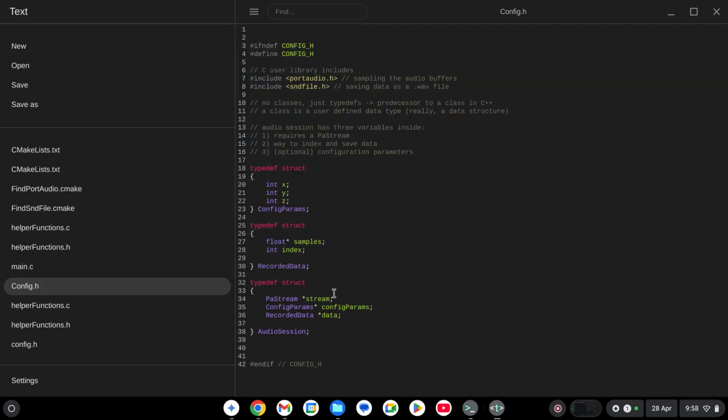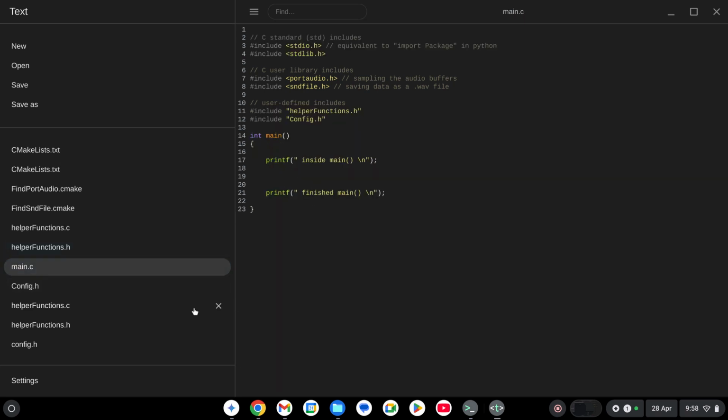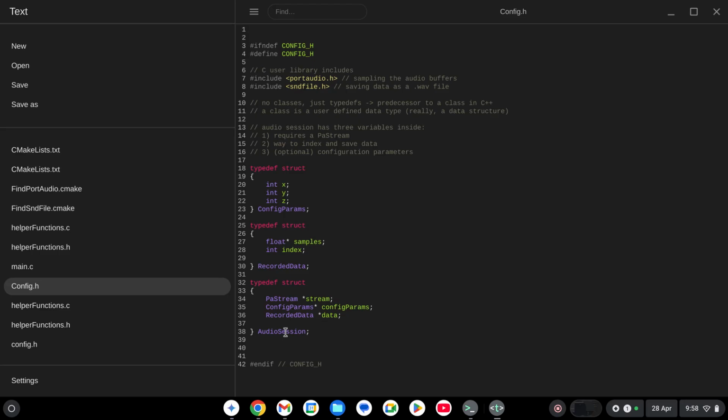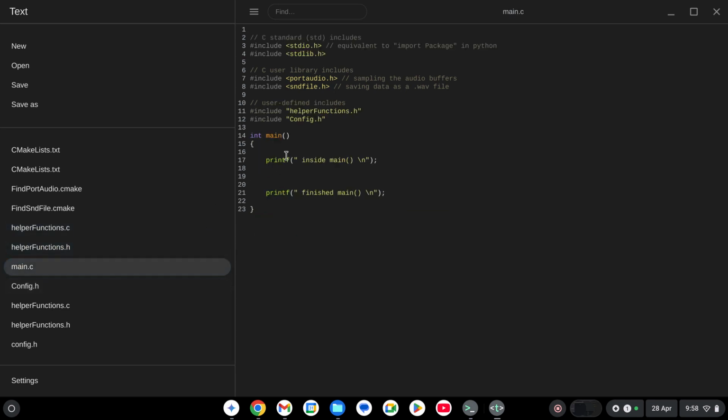Much in the same way that we just did the example with our small struct, you can see how this structure is defined, this structure is defined, and then I can create instances or objects of these structures inside of this audio session. So just for now, be comfortable with the syntax. This object comes from the PortAudio library. Okay, so now let's go to main, and we're going to make an audio session pointer called session,